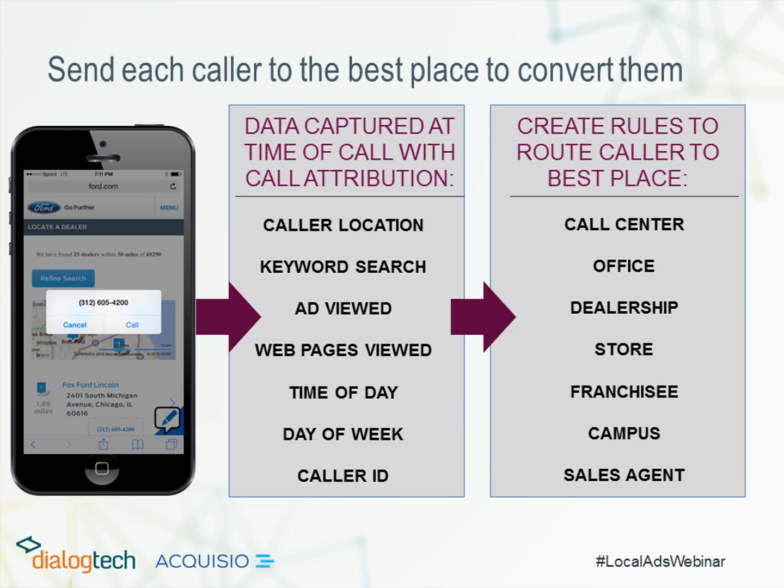So again, the routing piece is important, especially for local. You can actually route each caller differently automatically based on their location, for example, or the keywords they searched, or the ads they viewed. You can also route based on time of day. So for example, if somebody is calling you specifically from one time zone or from something else, you can route them based on the time of the day or the day of the week, or based